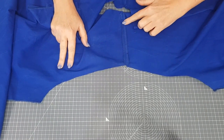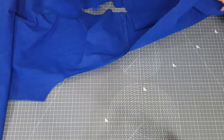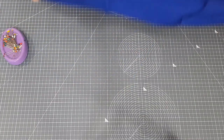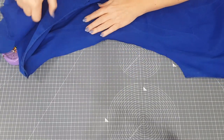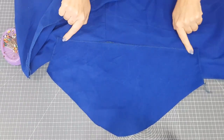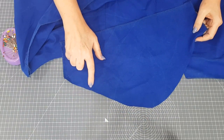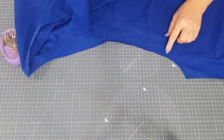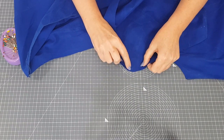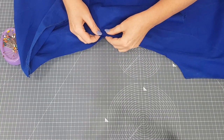Okay, the shoulder seams are stitched and I've pressed them open, and now we're going to put the sleeves in flat. So I'm going to turn this, shall I do the sleeve underneath? Do this way round. The sleeve on top. So I've got the sleeve here, and like I said, we've overlocked the sides and the bottom, and this pattern has got 1 notch here, and that 1 notch means that's for the front, and I've got a notch here for the front, and there's also a notch at the top of the sleeve, and that notch should meet your shoulder seam. So I'm going to match that one first,